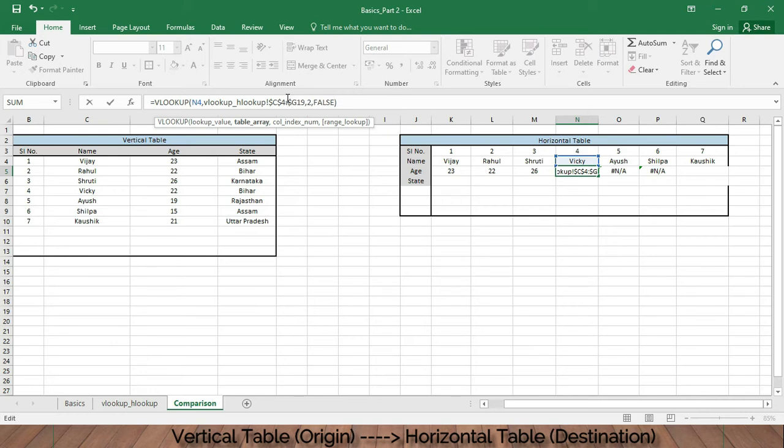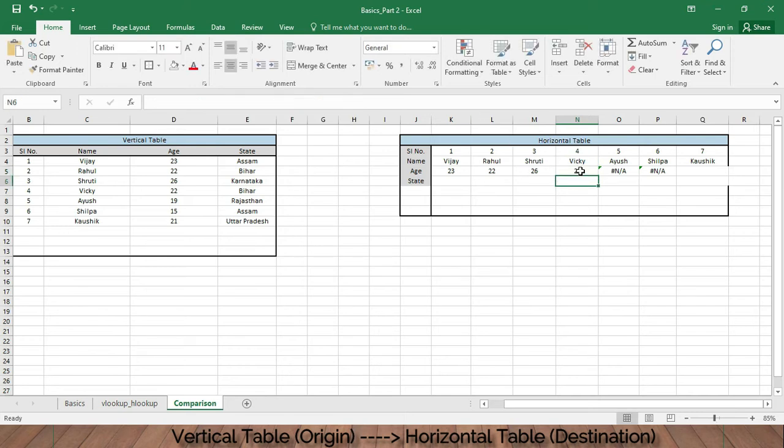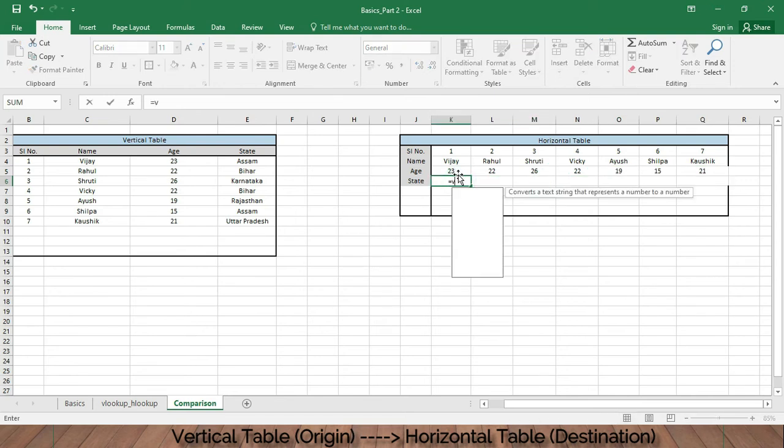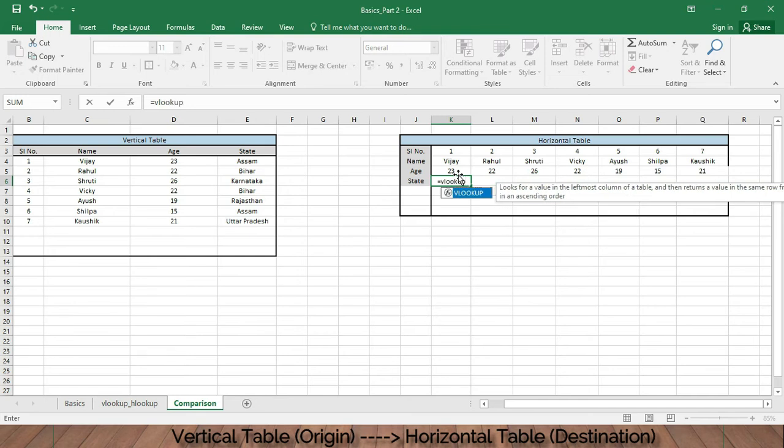Dollar, dollar, enter. Now you drag, it's going to work. See, okay. Similarly, we're going to put VLOOKUP, okay,